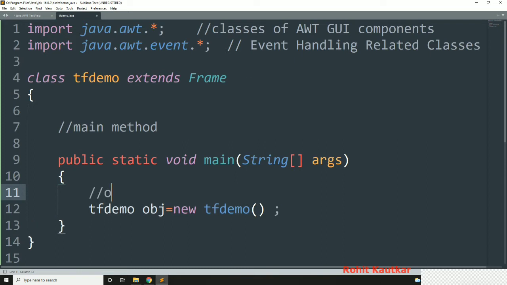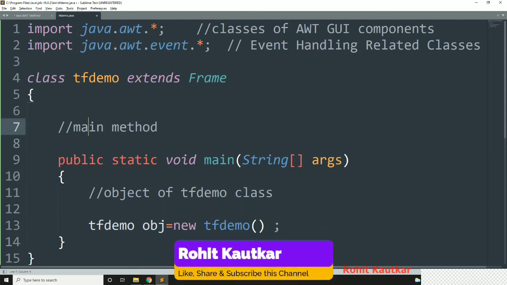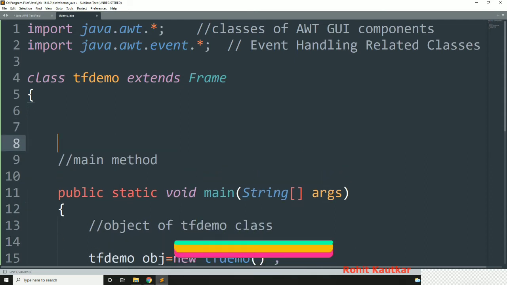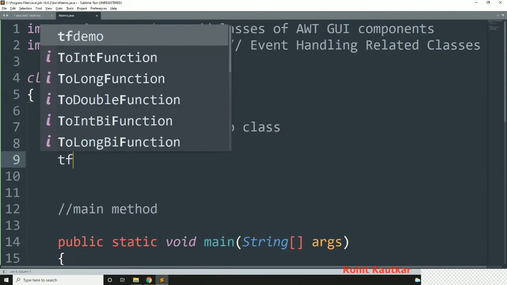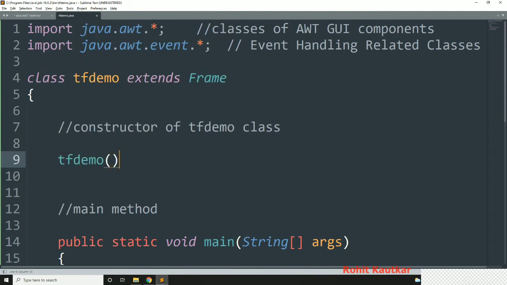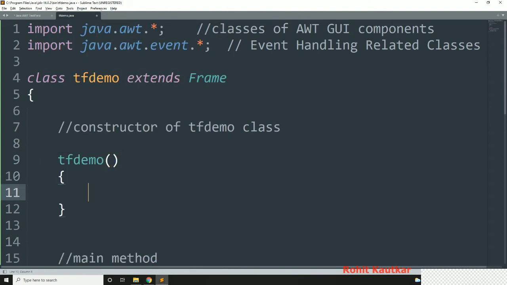Now friends, here we have created object of TFDemo class. Next to this, I will create the constructor of TFDemo class. Within this, first of all we will write code for controlling the appearance of our frame.